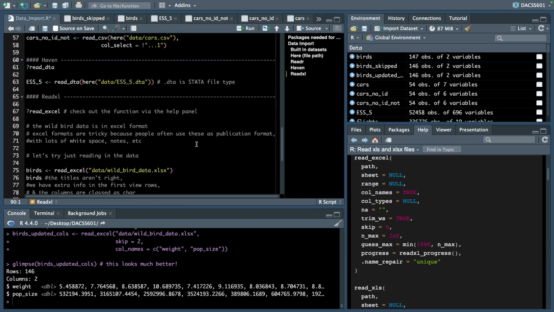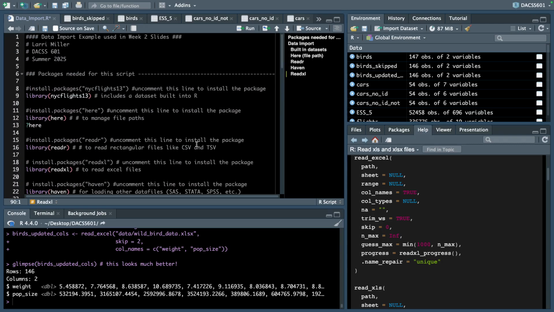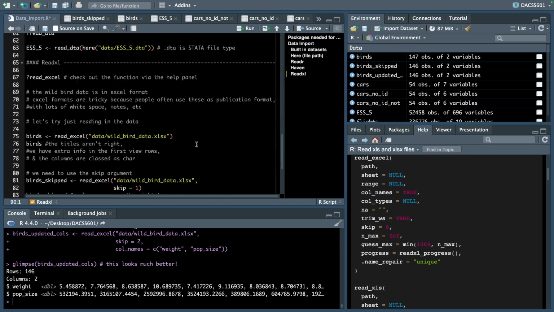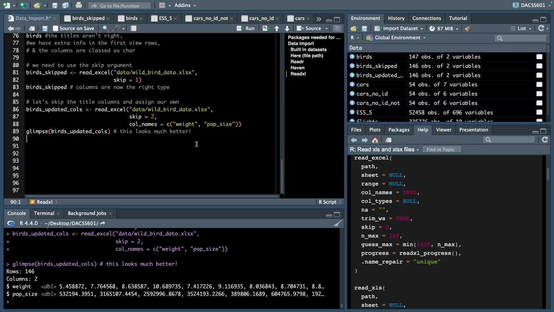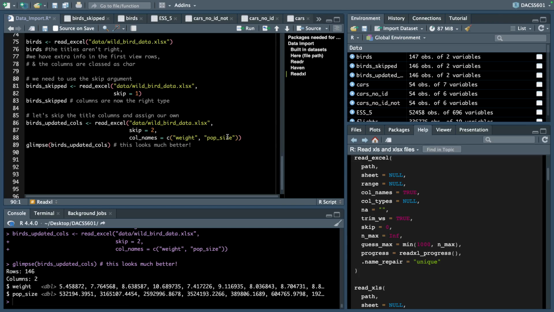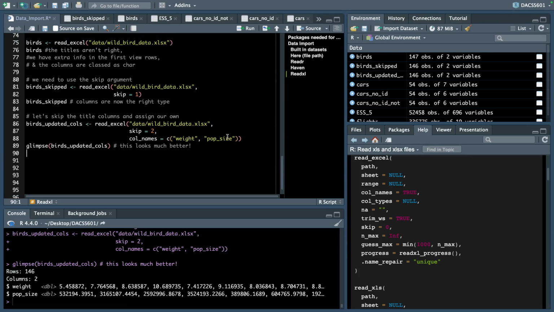So that's a quick run through on how to read in files. As I said, our primary package that we use would be readr, and our next most common package to read in data is Excel. And we'll get more in depth with Excel examples in our next